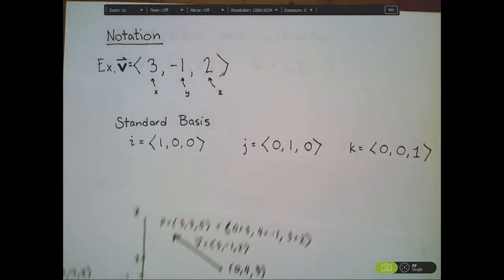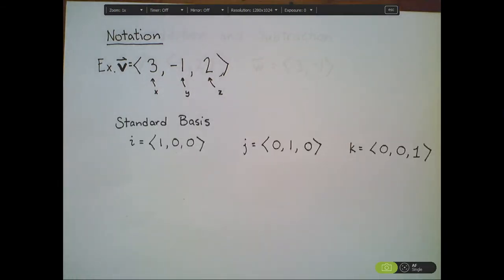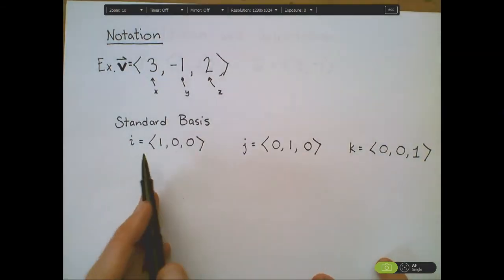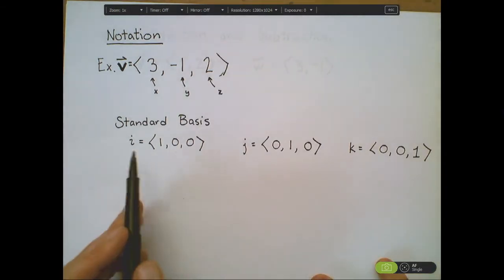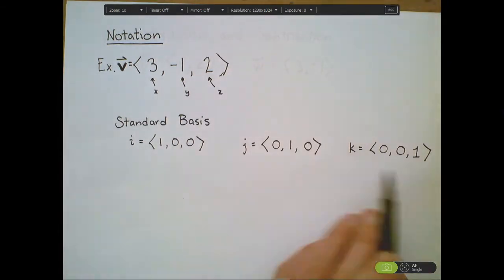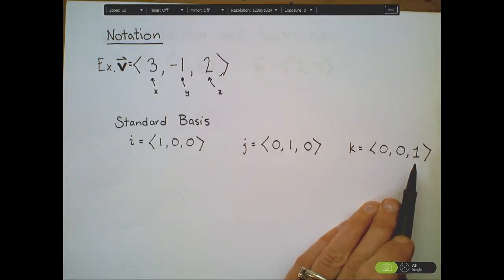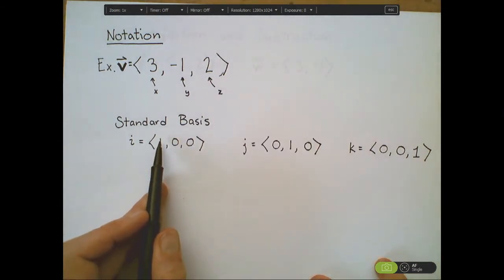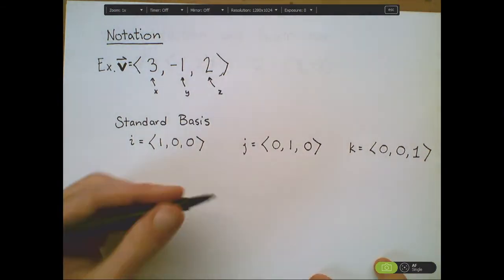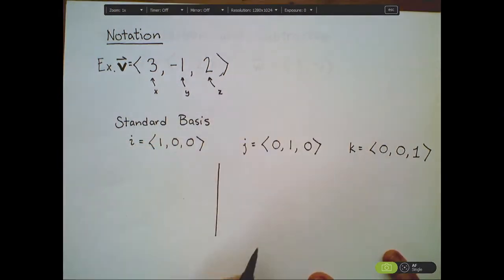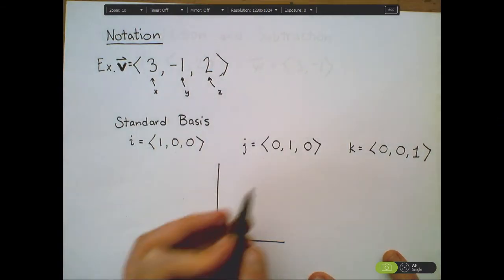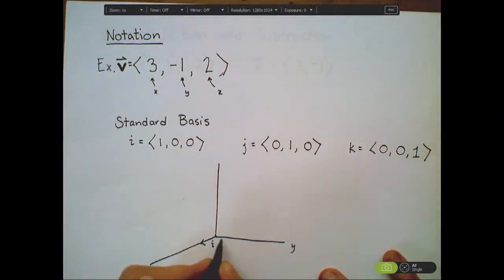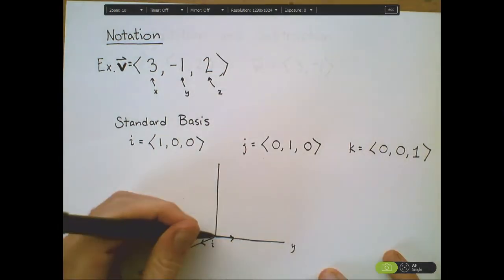There's another type of notation that I want to mention, and that's the fact that we can also represent this in terms of standard basis vectors. So in 3-dimensional space, our standard basis is given by i, j, and k. Those are the initials that we use to represent the vector 1, 0, 0, which is just the unit vector pointed 1 unit in the x direction. This is my little vector i. The vector j, which is 1 unit in the y direction, and the vector k, which is 1 unit